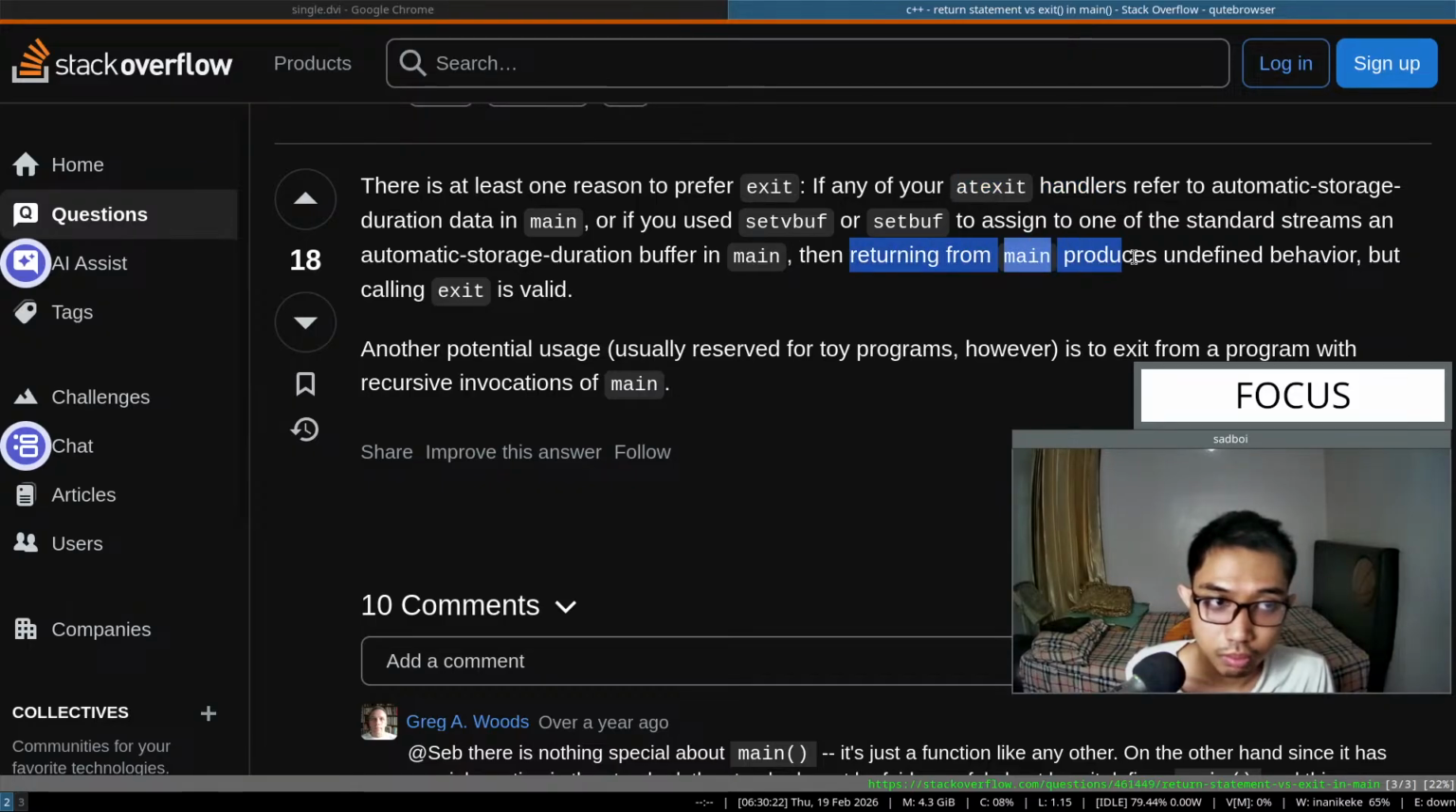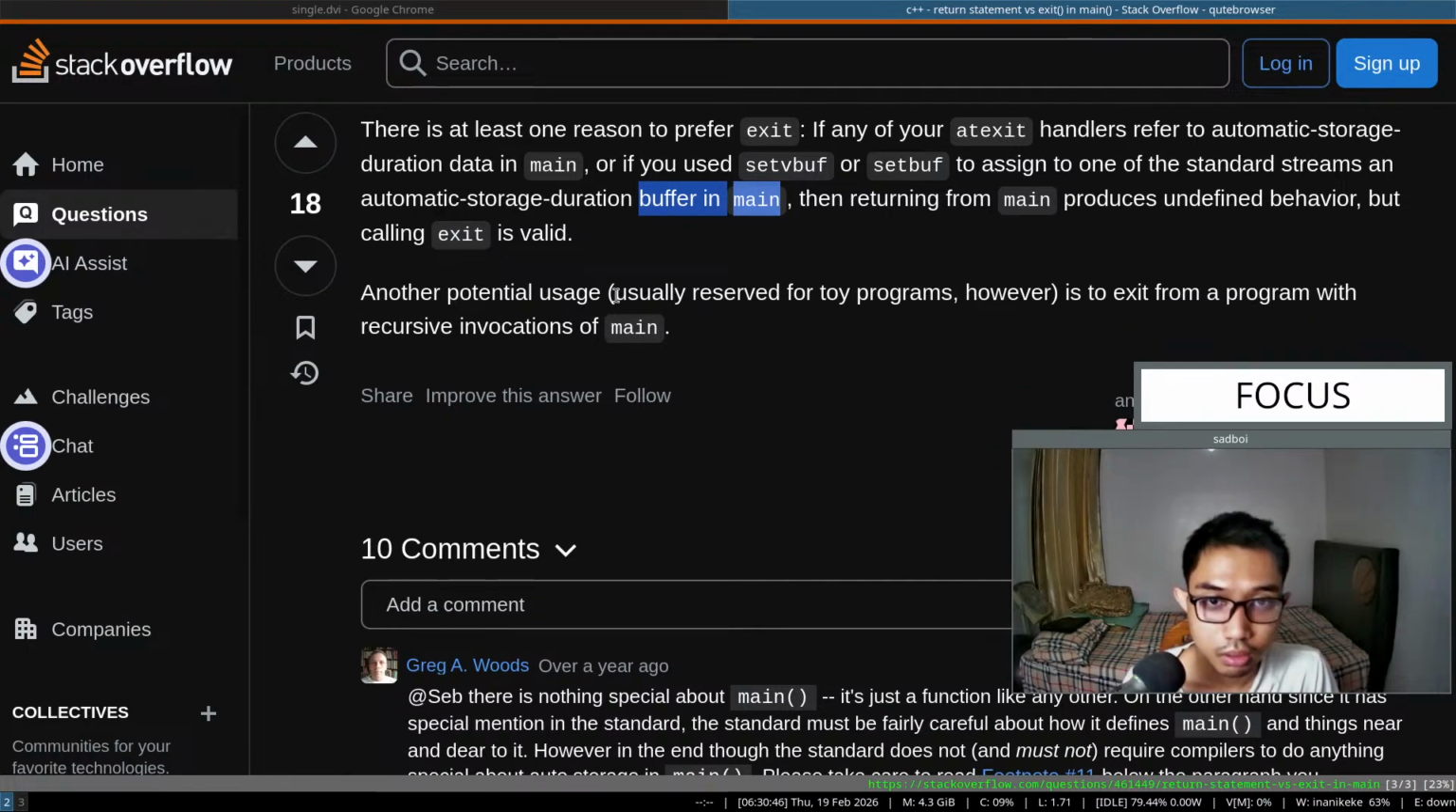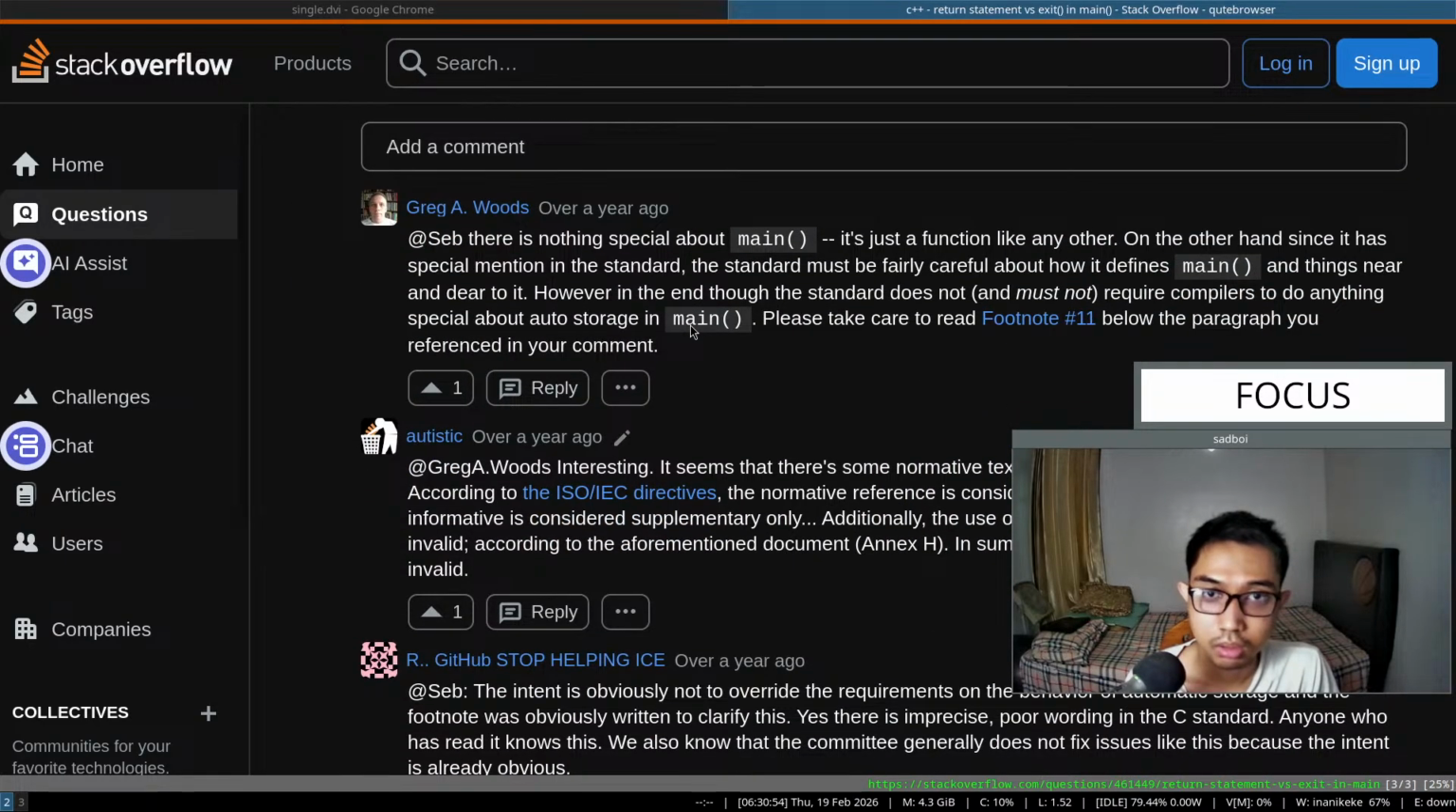Then returning from main produces undefined behavior but valid. To assign to one of the standard streams an automatic storage buffer in main, then returning from main produces undefined behavior. Another potential usage, recursive invocation of main. The standard was